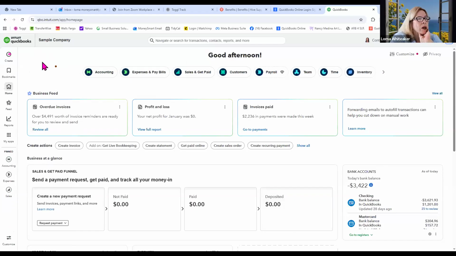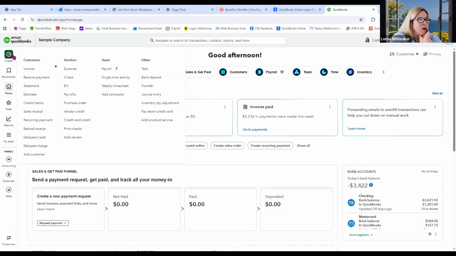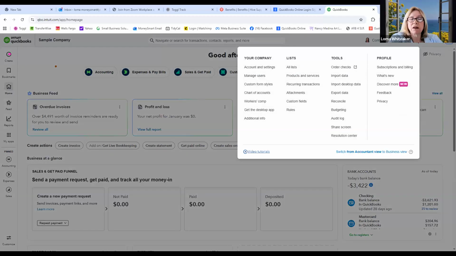Okay, so now we're on this page here. The main way that you'll be navigating is you'll be looking at the gear icon. What's here? Is there something here that I need? So my chart of accounts, very important. My chart of accounts is right here. Okay, I can manage users. That's who can use my account. The account settings, lists for your